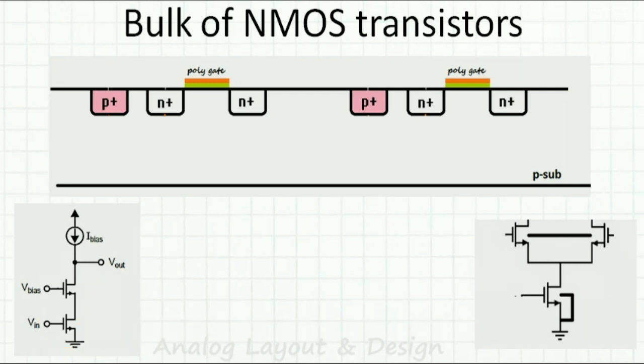M1 bulk is connected to ground, and we know that by default even M2's bulk is connected to ground. But here the source and bulk of M1 are both at ground. Here M2's source is not at ground, say it is at 0.2 volt, but its bulk is at 0 volt. So whenever I have a potential difference like this,